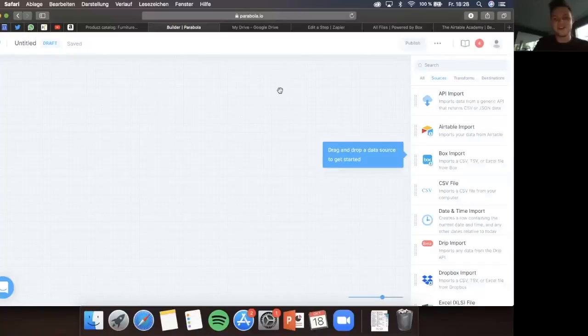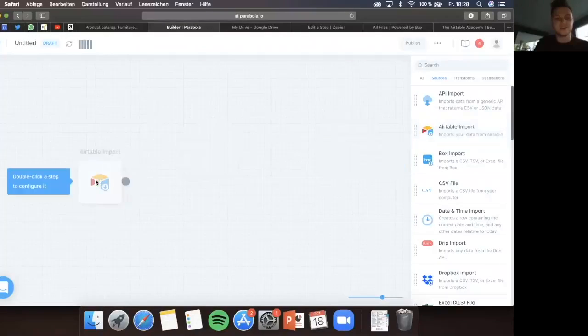Okay, so if we jump right here into Parabola, then you can already see that we first need to start with a source where we bring in our data from. And you can see here that Airtable is already there. So I'll take it onto my screen. And then I have it here, and I can start loading data from Airtable into Parabola, and therefore we use